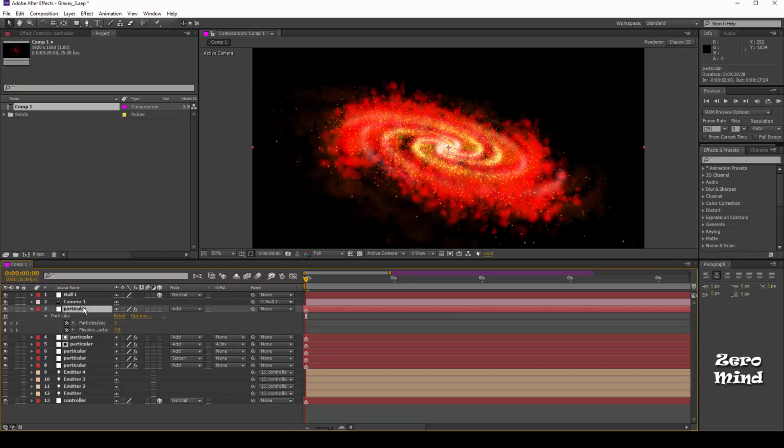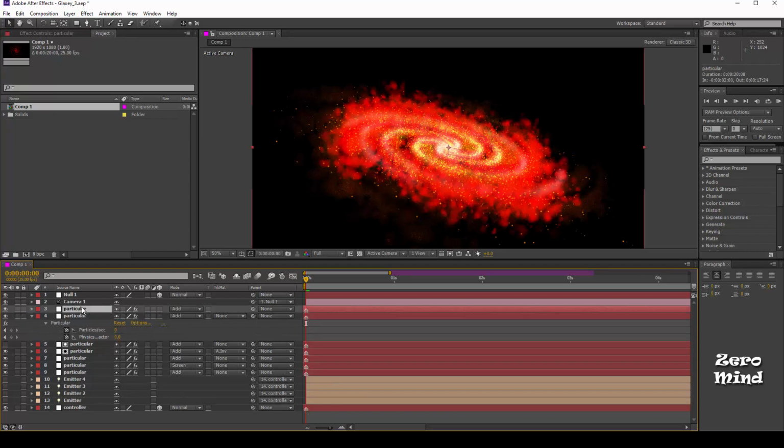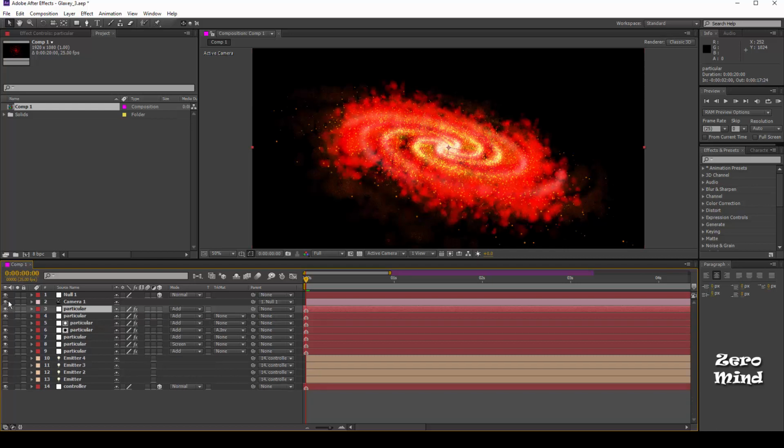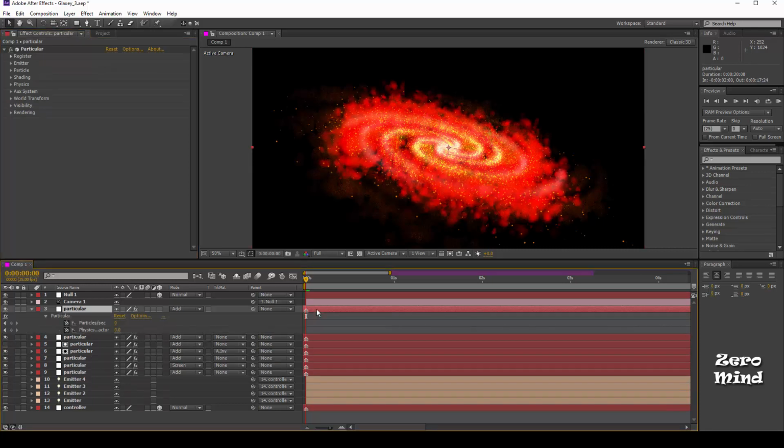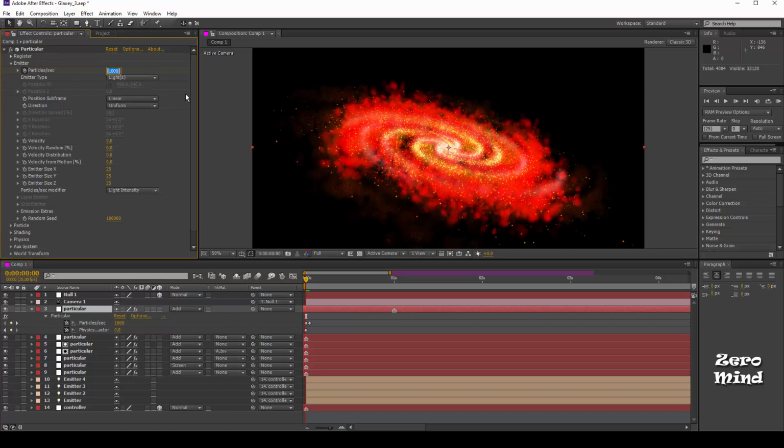Here I will take another copy of the particle layer for creating core depth particles of the galaxy. Change the particle rate up to 2500.